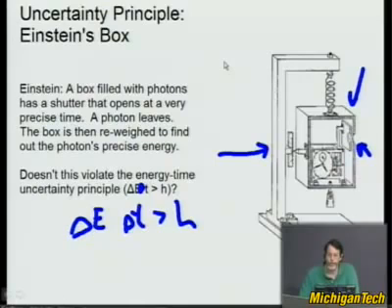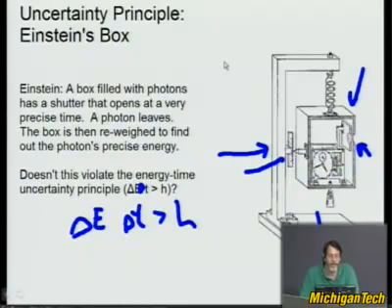Then he said, once this photon leaves, you will know what the energy of the photon is, E. You will know when it left. You'll know the energy of the photon to arbitrarily good accuracy, delta E. You'll know when the photon left with arbitrarily good time, delta t. And therefore, you'll know the energy also because the dial will have moved down, the box will weigh less, because it's in a gravitational field, gravity's pulling it down. So you'll be able to beat the uncertainty principle.